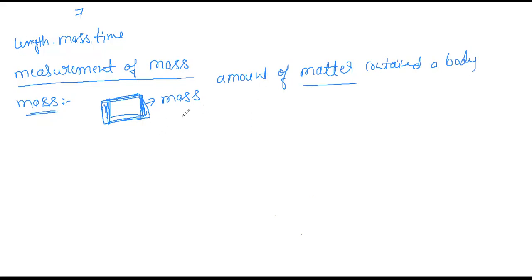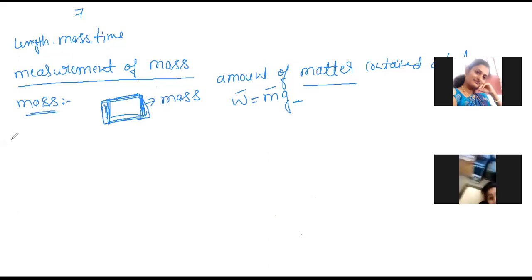It has some weight. Mass is different from weight, because W is equal to mg. Weight means the product of mass and gravity. Here m is the mass and W is the weight. In terms of weight, we have to introduce gravity. In the next chapter, gravitation, we will see the detail, forget about that. Mass is just the amount of matter contained in a body. How much amount the body has, we can call that mass.